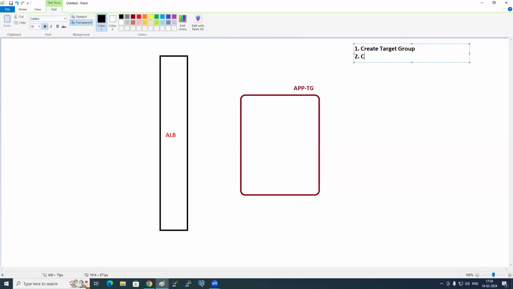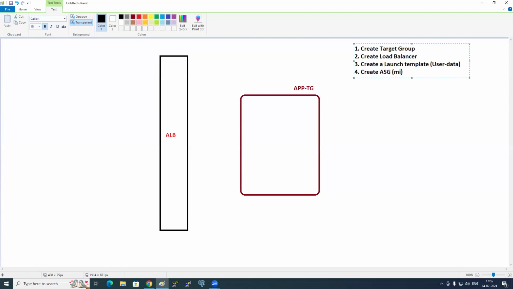Second, create the load balancer. Number three, the next thing, we need to create a launch template. Should we put user data inside it? Our script, right? And then number four, create the auto scaling group.